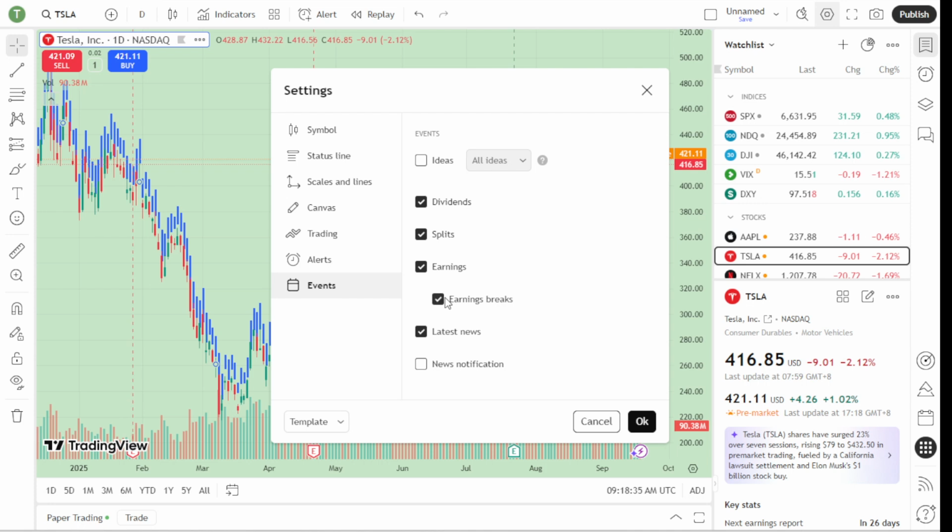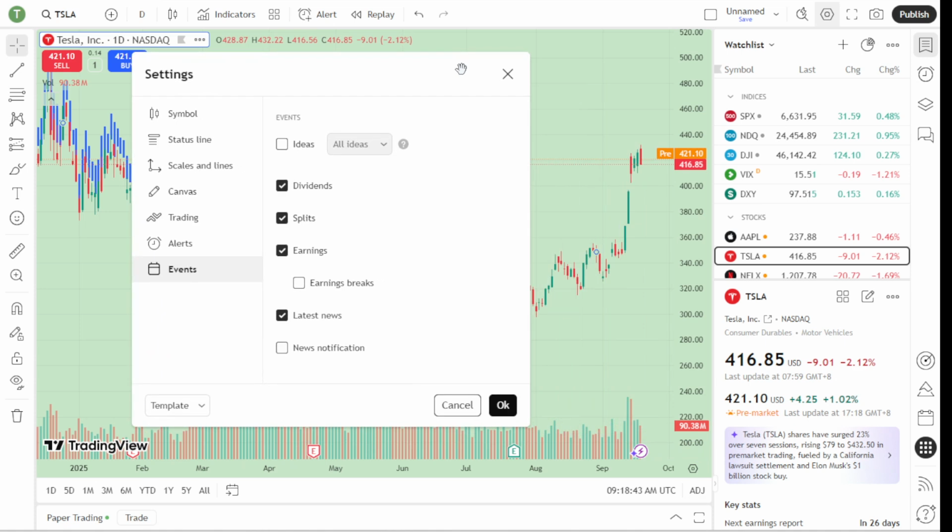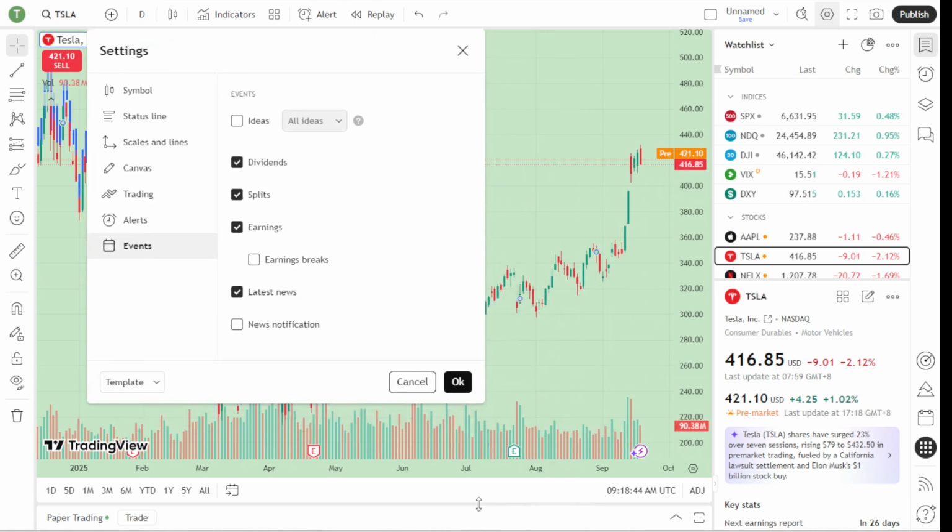Now, when you look at the chart, you'll see small E icons along the x-axis. Each of these icons represents an earnings event for the stock you're examining. Hovering over these E icons will provide you with a wealth of information at a glance. You'll get the specific earnings dates, any estimates that were made prior to the earnings release, and additional important details that can help you make informed decisions. Being able to see these at a glance makes it much easier to spot trends or anomalies that could impact